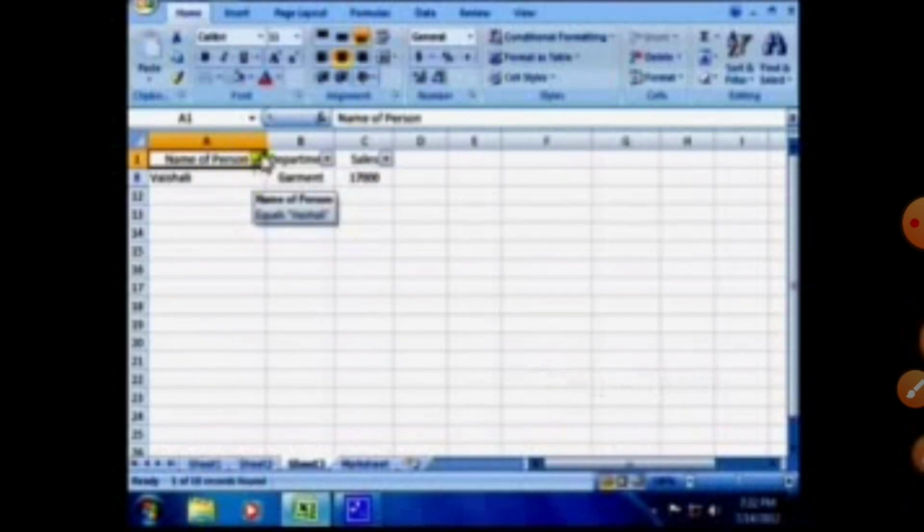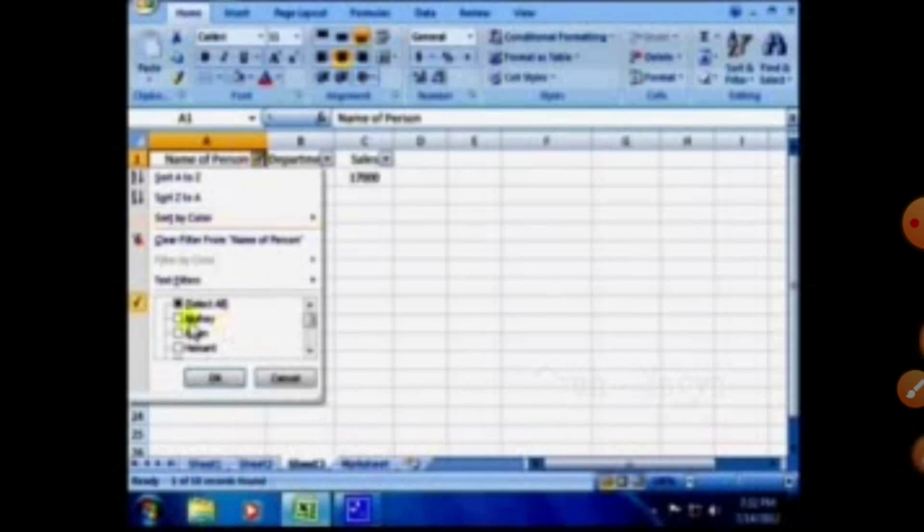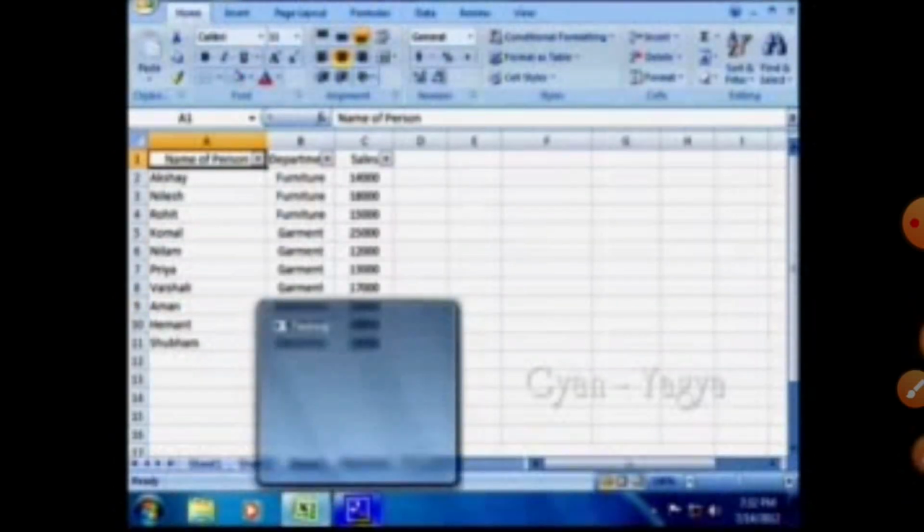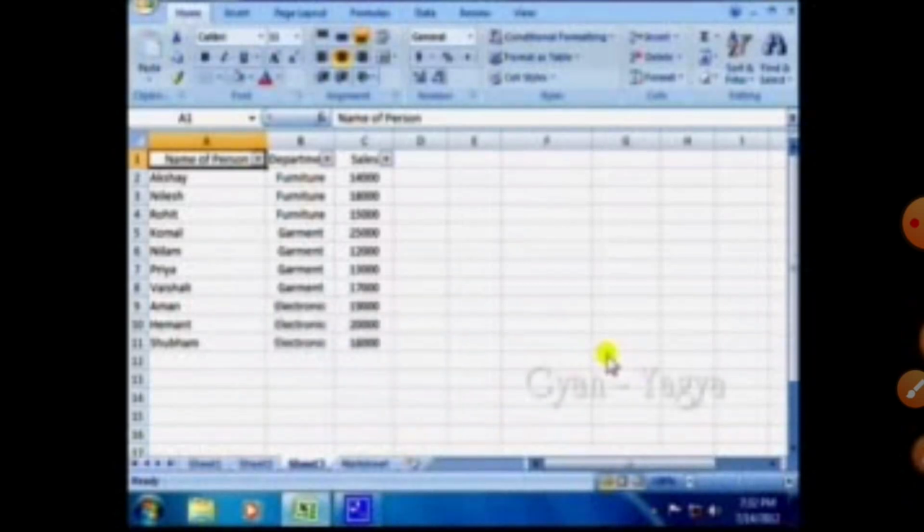If we want to see all, then click on this again and select all. It will show all the data at a time. Next, if we want to see by department, meaning we want to see what a particular department sells, which persons are selling the things, and what their sales are.